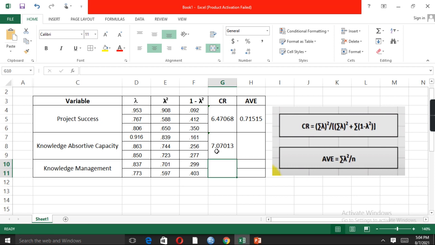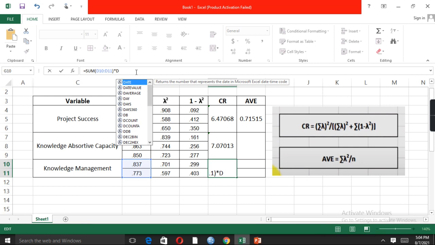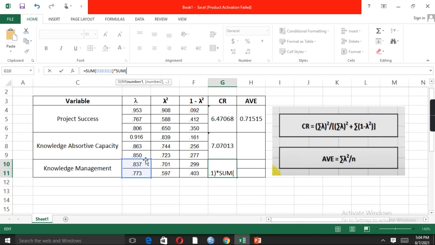How do we perform? Click on equal sign, summation, small bracket, select the item values, multiply by these values again, multiply by sum, so like this, and then divided by, same formula, so we need to copy and paste it.